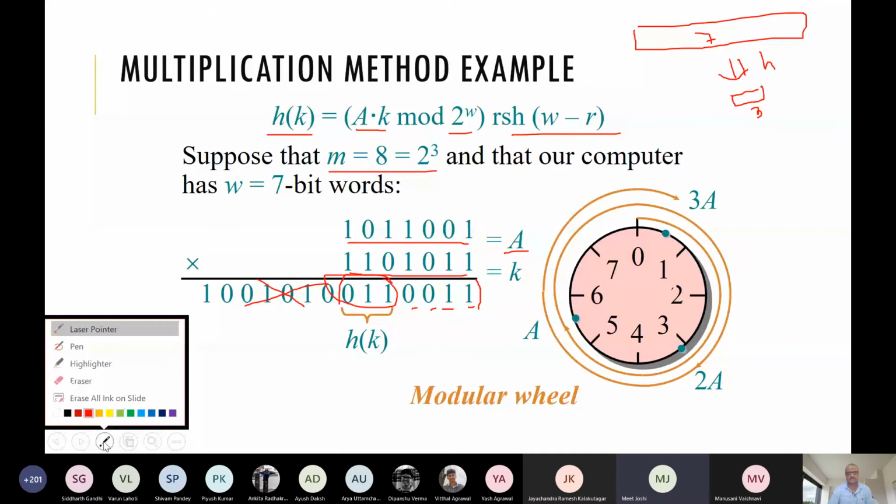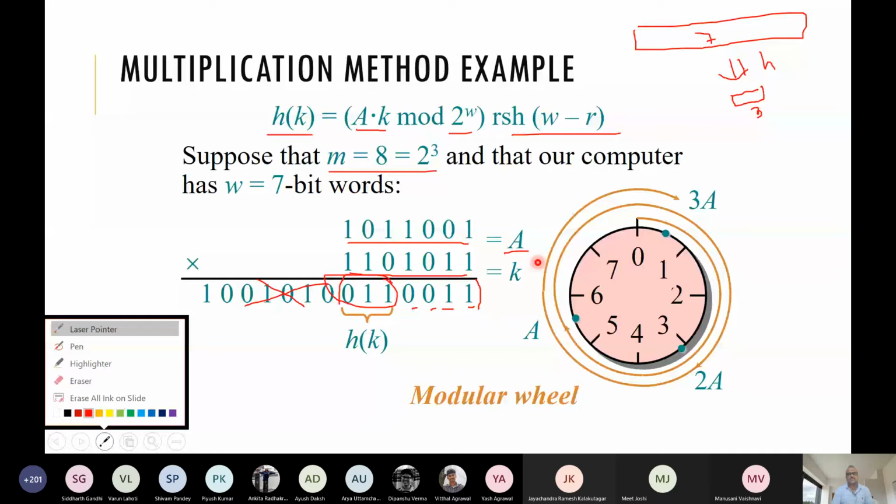Sir, what is a good value for A? Yeah, that is a good question. A is usually taken to be a constant. You can choose different values of A and see whether the keys are distributed uniformly or not. A is a constant that needs to be chosen by the designer. A is fixed statically, then we have the keys and we distribute them, so we have to choose A beforehand. A is a part of the construction.